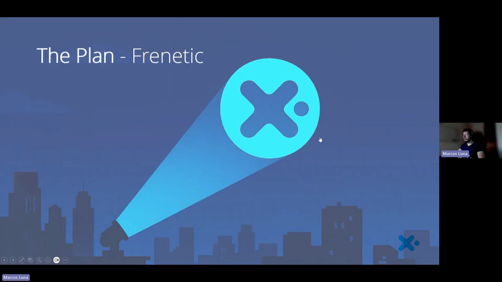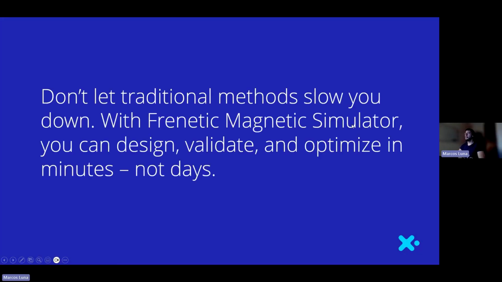So basically, the message here is, well, sorry, don't let traditional methods slow you down. I mean, I don't want to say that traditional methods are bad. In fact, they're very nice. If you don't have anything, I mean, if you need to do some calculations, and even from the core perspective, it was fine. Yes, we need to maybe adjust the Steinmetz coefficients to the proper excitation. And for the winding, Dowell is also fine, but Dowell doesn't take into account effects like the fringing flux or